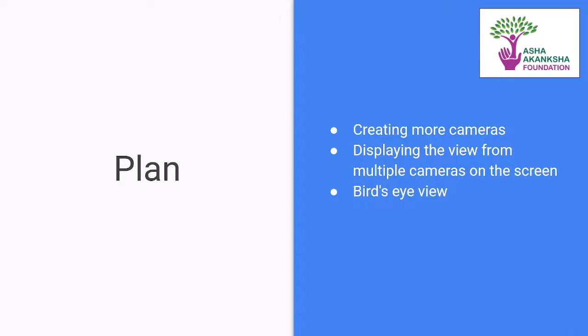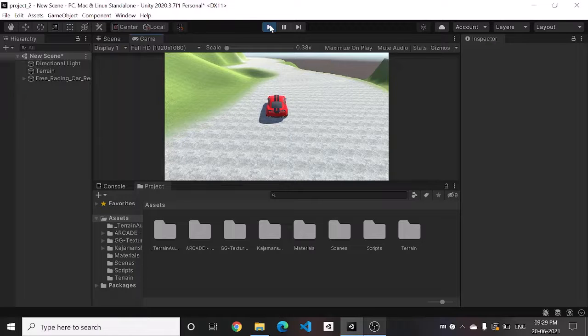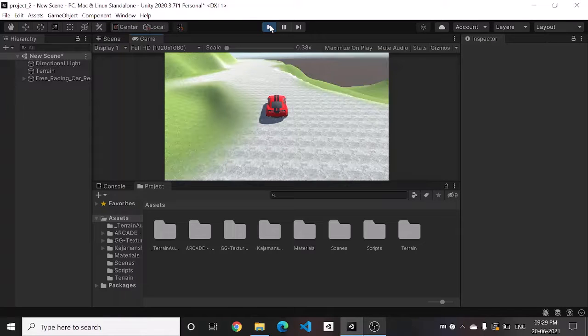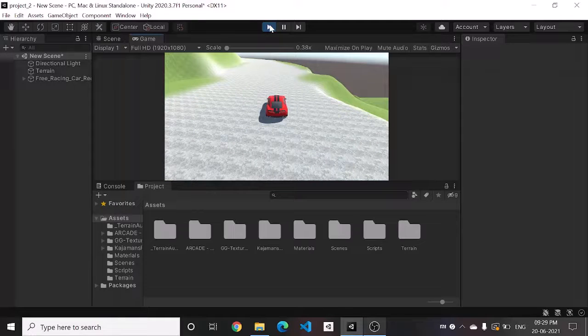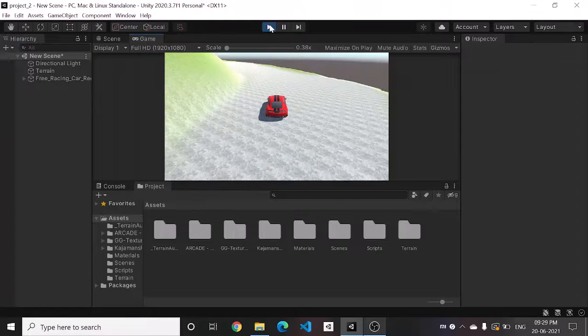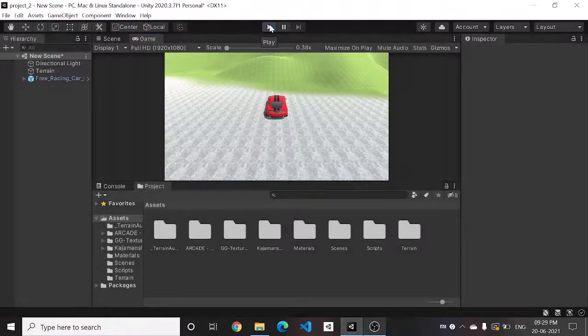One camera is going to point to the front side of the player's car, while the second camera is going to show the bird's eye view. So we'll see how we can place more than one camera on the screen and learn more about cameras here. We want to show the player the bird's eye view of the game so that the player can decide what to do, what speed to maintain, etc. So let's work on that.